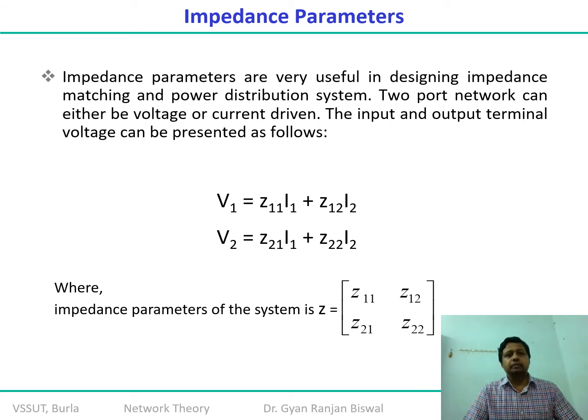Typically these impedance parameters are used to find the impedance. The most important application is the impedance matching property. You know that impedance matching is one of the essential things that needs to be done so that the signal can travel from one port to another port with the least amount of power loss, or theoretically no power loss. Yes, correct. You are talking about the maximum power transfer theorem. When we apply the maximum power transfer theorem, even in a complex network, you might have observed that the input impedance should be the complex conjugate of the output impedance.